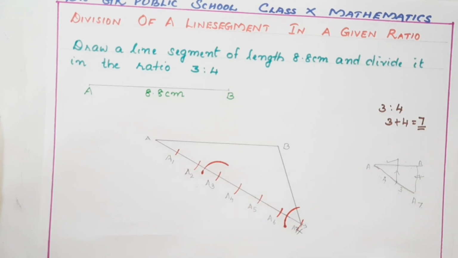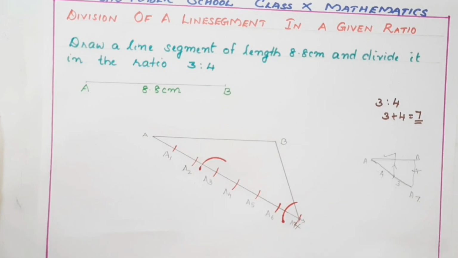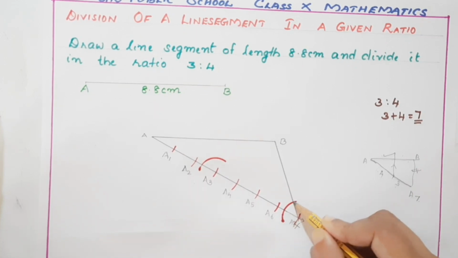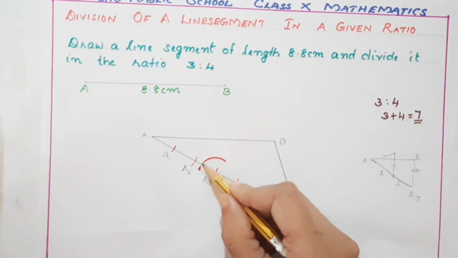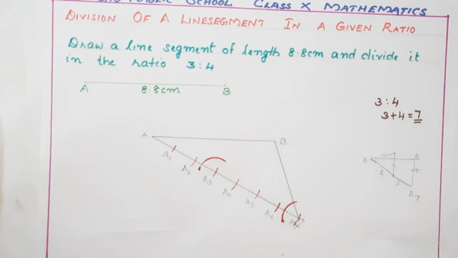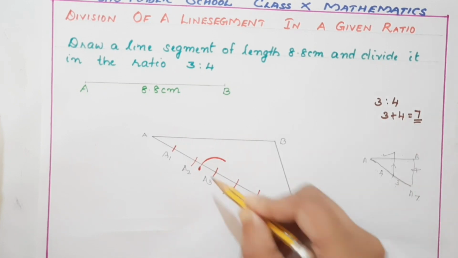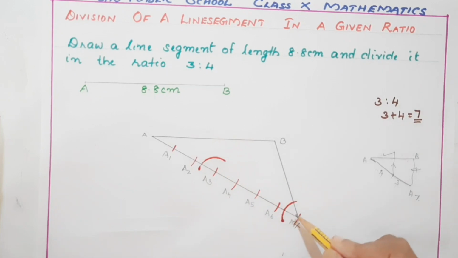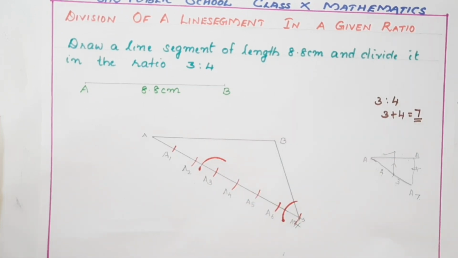Then what you have to do is, we have to consider this angle. This angle we have to consider. Here, how much is this angle? That much angle we have to make here also. Okay. So that means if you are taking these two angles as same, then we can say corresponding angles are equal. Then the line will be parallel. Lines will be parallel. That property we are applying here.